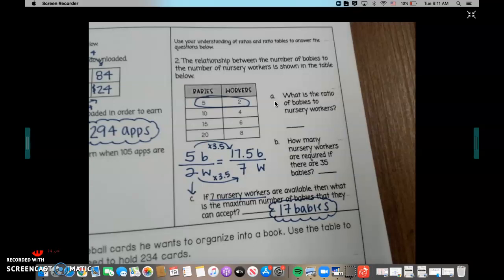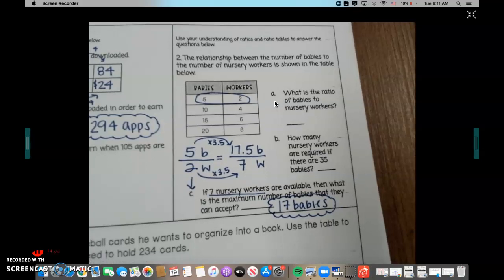Okay. So with your team, you're going to go ahead and finish this worksheet. You're going to do